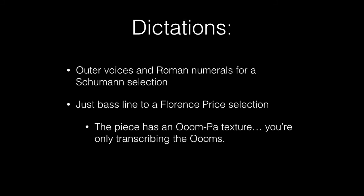So I'll make this clear in the template that I post, but you're only taking the bottom of what the piano is playing in the left hand. Both of these are on owl. So in sum, you're going to do those things for owl, and now you're going to do these things for